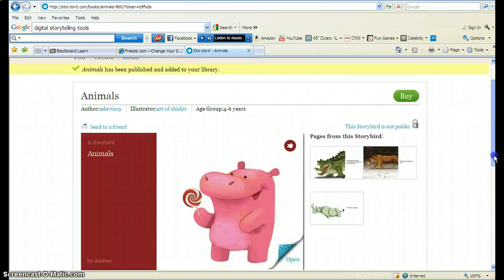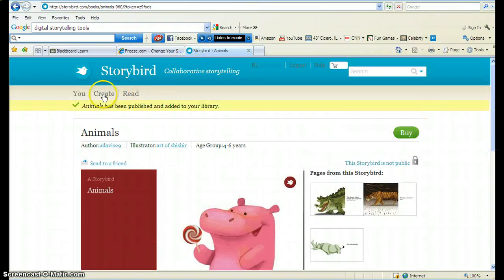Once you're at the end of the book, you can hit read again. You can send it to a friend. You can create a new one, or you can read more Storybirds. If you want to get out of this, you just hit escape, and it'll bring you back here. So I'll show you one that I did earlier. If I want to see other ones that I published,